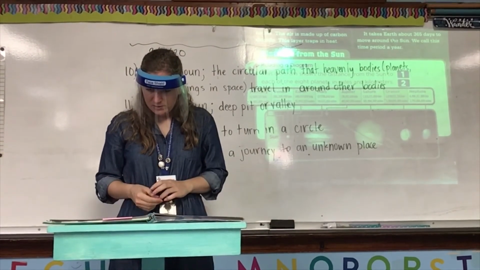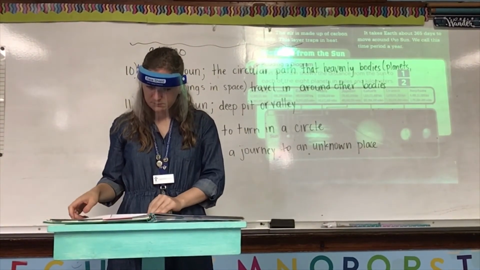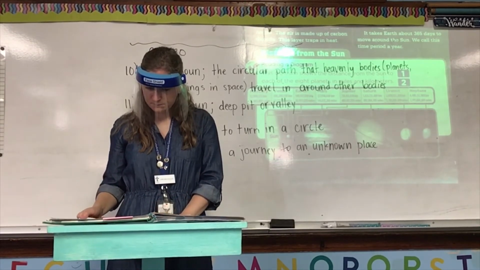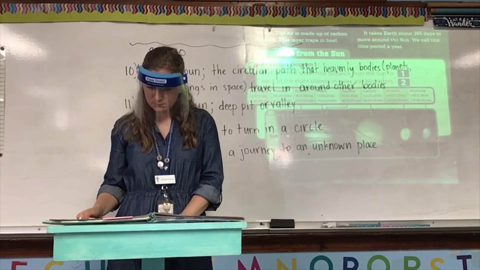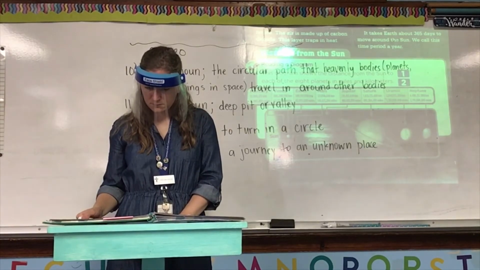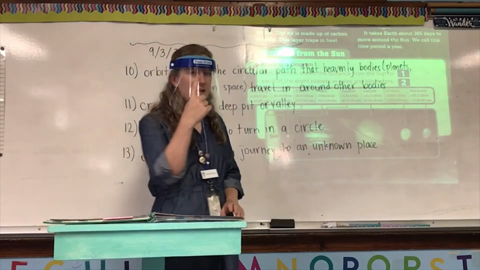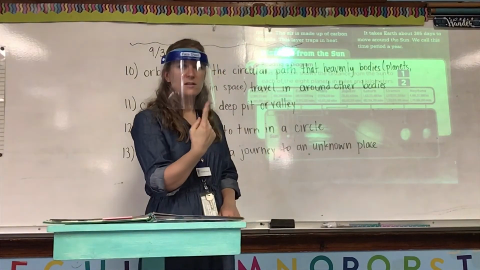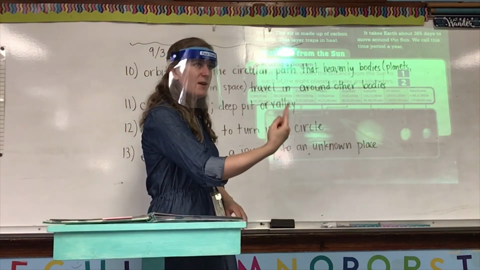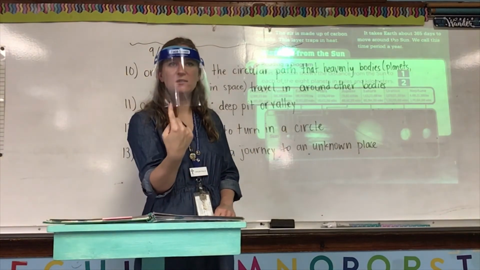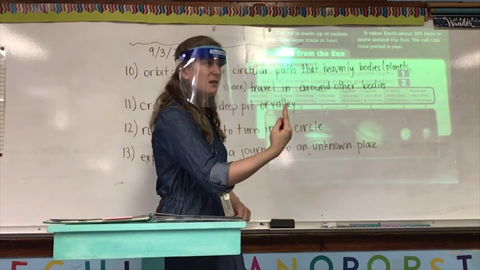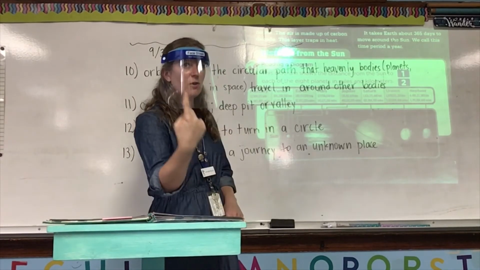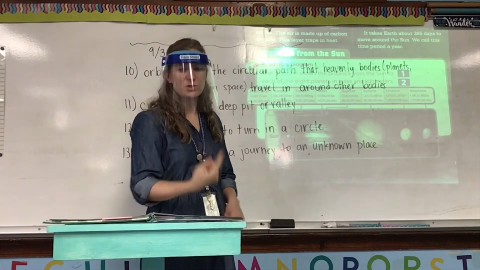It takes Earth about 365 days to move around the sun. We call this time period a year. So, as the Earth is spinning, it's also moving around the sun. Each of those 24-hour periods that it takes to spin is a day, but then it takes 365 of those days to go all the way around the sun, which is a year.